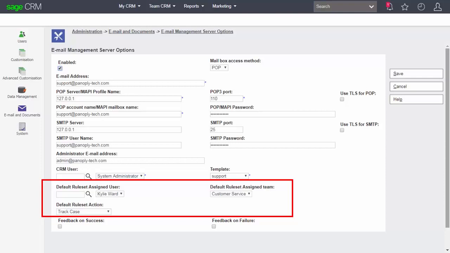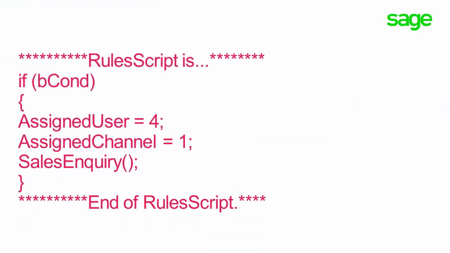In the administration screen, the administrator can configure the default rule set assigned user and the default rule set assigned team, and also the default rule set action. And you can see within the log files, and the log files for the eWare email manager.exe service can be found here within the C drive Program Files x86 Sage CRM Services logs, and this will show how the additional